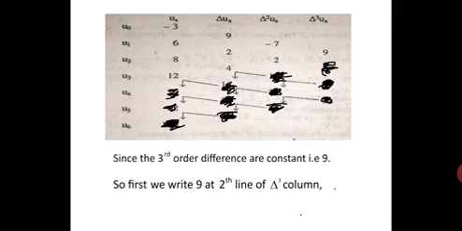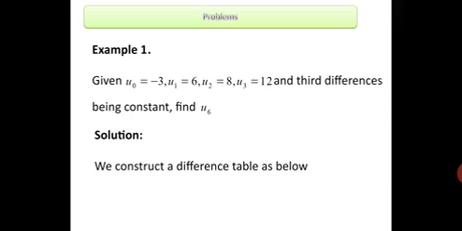Now we have to find this u of 6, that is this value. But to find this value, we work in the reverse way. We record all these values here. All these values we record. Right? So, we will see the problem.